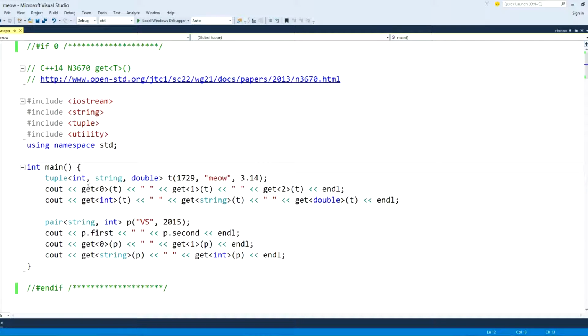So I can access a tuple the old way, but I can also say, oh, I want to get the int data member of this tuple, or get the string, or get the double. And as long as the type is unique in the tuple, you're OK. If I had a tuple of int and int, then get int would be ambiguous. That would be rejected. What would it actually do? It would be a compiler error. And in fact, I can